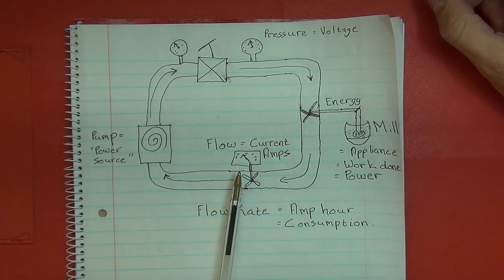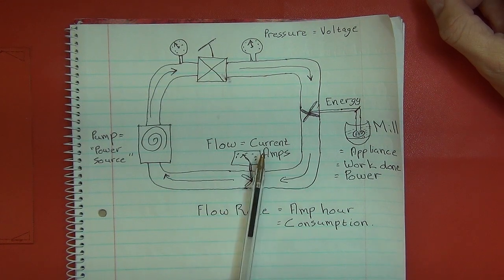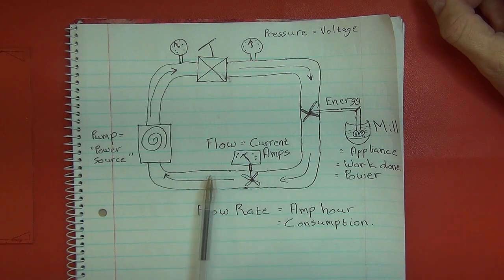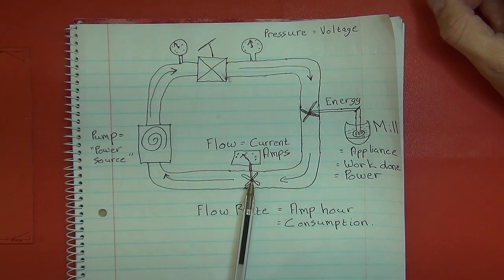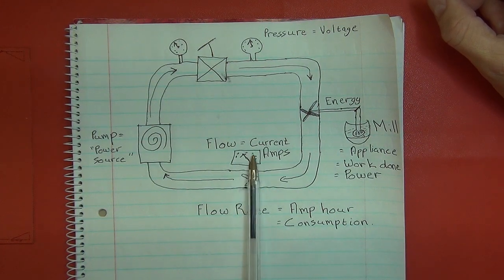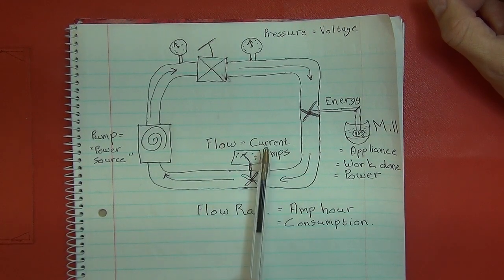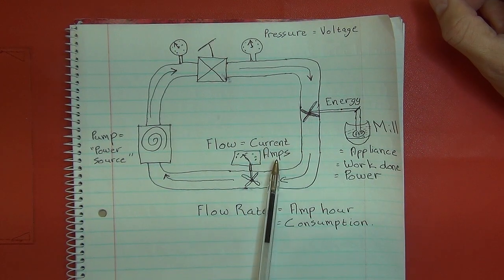It's likewise when you have a multimeter and you want to measure current: you need to place your multimeter in circuit to do this. And it's exactly the same with measuring water. You have this paddle in there that spins around, and that then on a dial gives us the flow. Now flow of electricity equates to the current, which is amps.